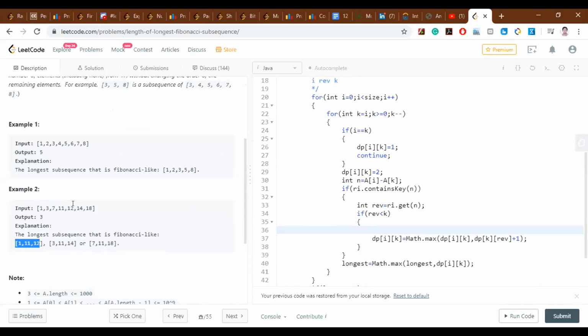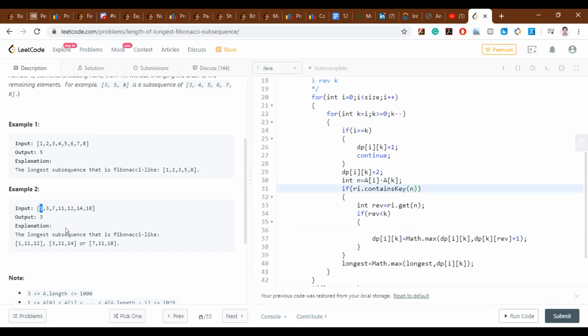Suppose I am at 12, then I will take the difference, 12 minus 11, that will be n. Then I will find in the hash map whether it contains it or not. If it contains it, then I will get the index of that particular number. Okay, so I got that point.